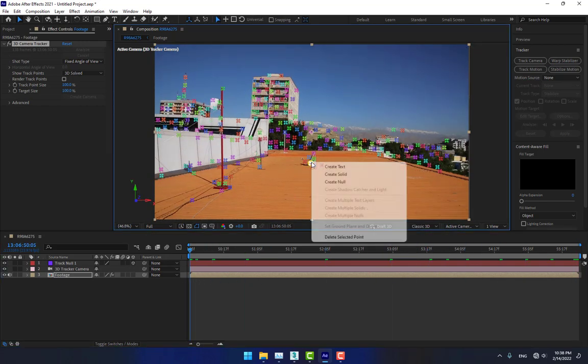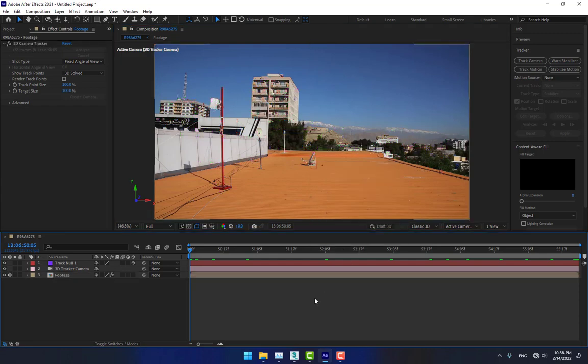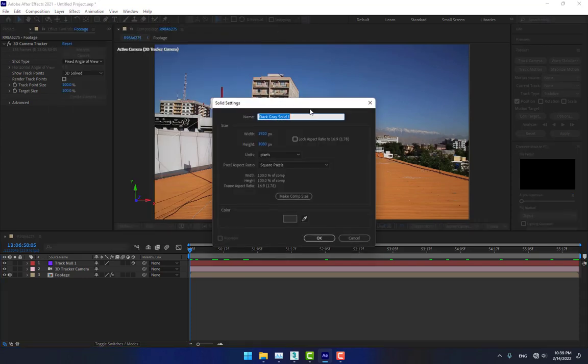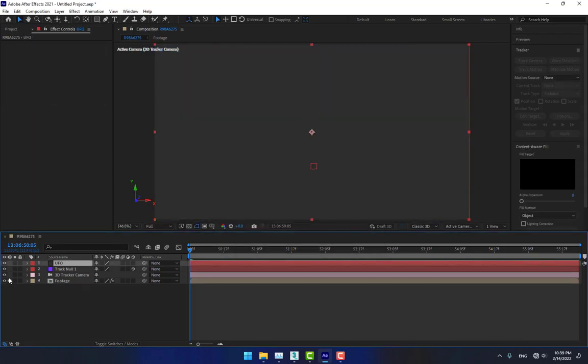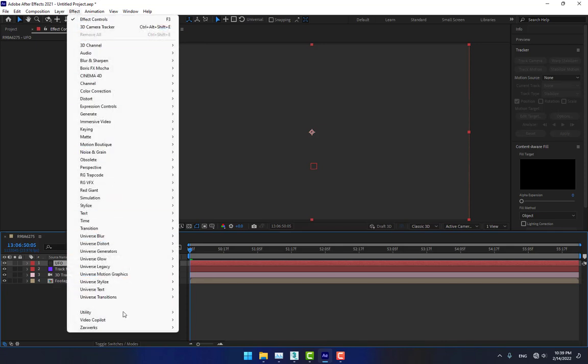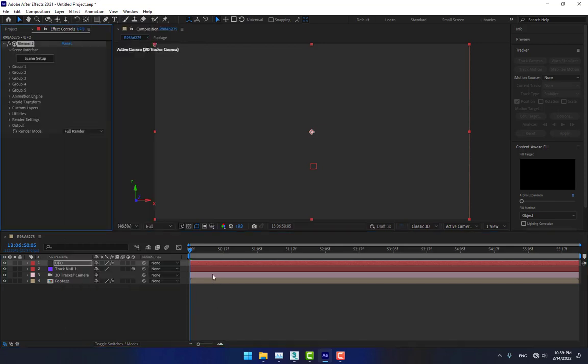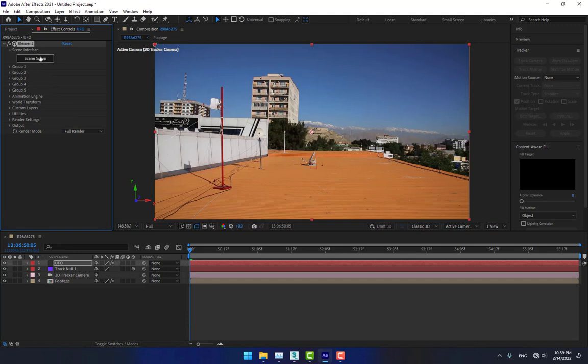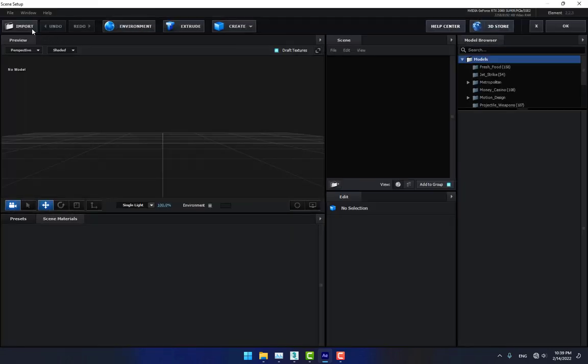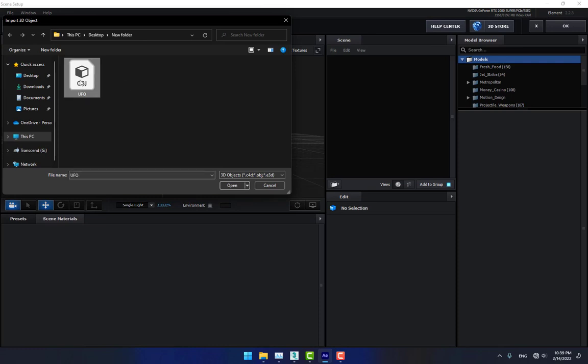When you have selected the point, right click, create a null in camera. There is a null object in the camera. And now go to layer, new solid, name it UFO, press enter, turn off the clip sound, select the UFO and go to effects, video copilot, Element 3D and go back to scene setup and then go to import and select UFO